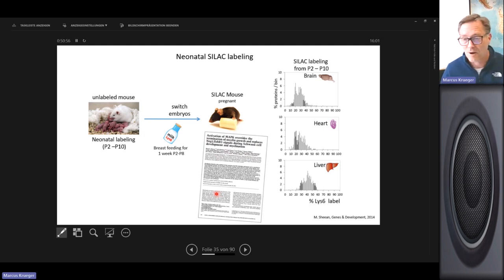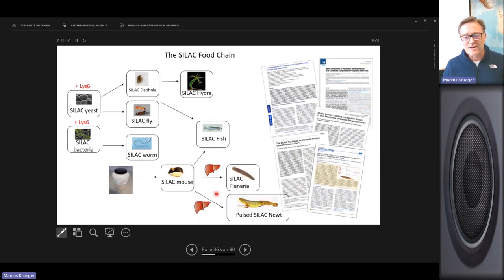There's another example of how to use the SILAC mouse. Of course, this is much effort. So there are other examples where we treated pregnant mothers to SILAC label the beta cells, but I will not touch on it today. Okay, just as a kind of a short summary,